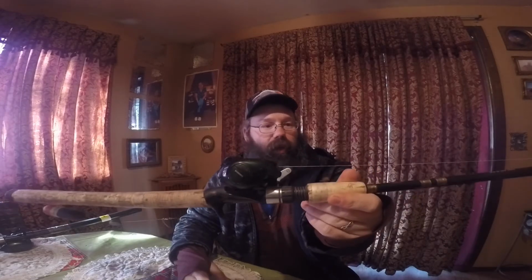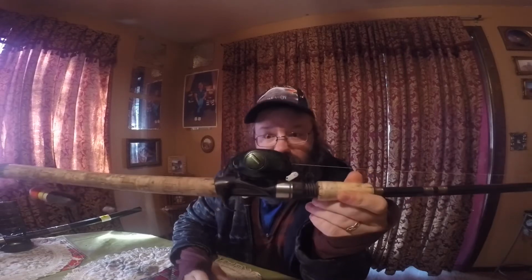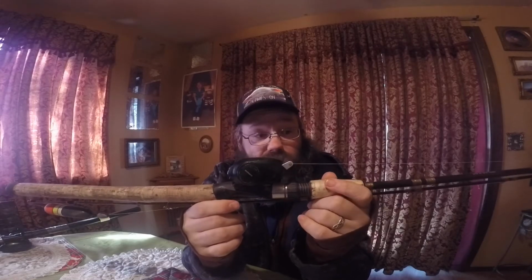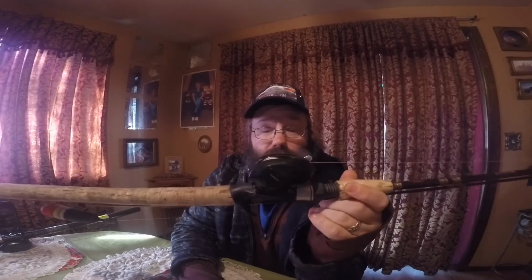It's a great setup. You can never ask for a better setup. The only setback to that reel is the expense. It's not cheap. It's not something I recommend for your everyday angler that's only going to fish a couple times a year. And if you don't have a lot of money to spend, I wouldn't buy it because it's just astronomically high